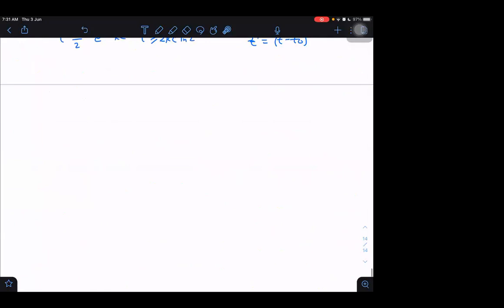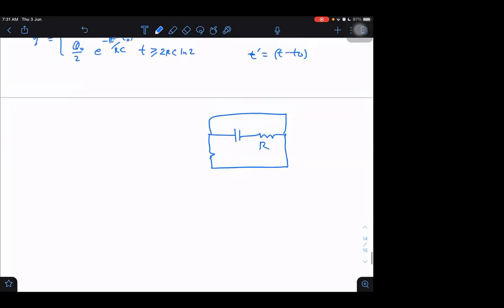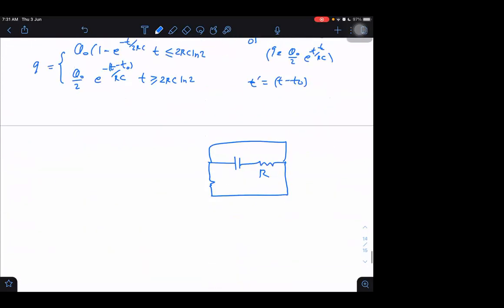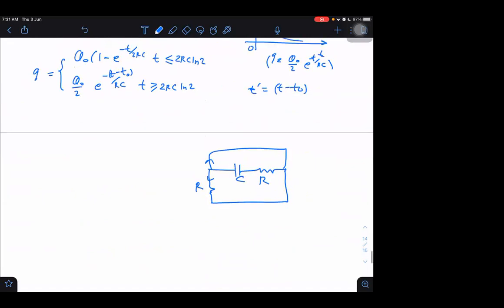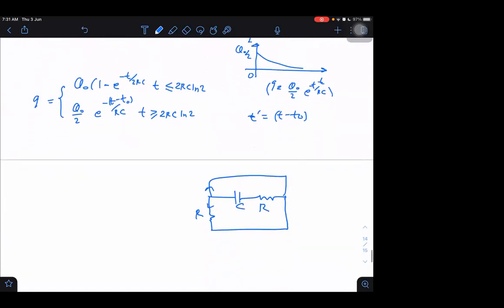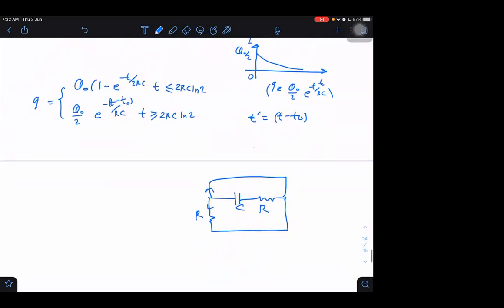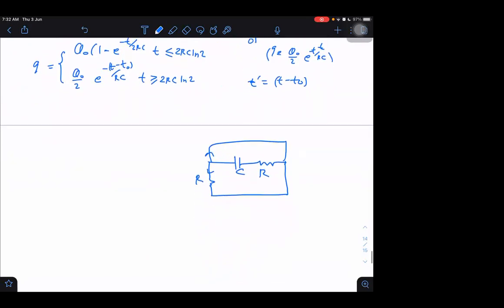Wait a second. What is the rule for finding the time constant? Follow the rule: the battery will act as a conducting wire. I think you're right. Sorry, my mistake, I was doing it wrong. So current can go from here and from here, because the battery will be short circuit. Then I cannot arrange them either in parallel or in series.